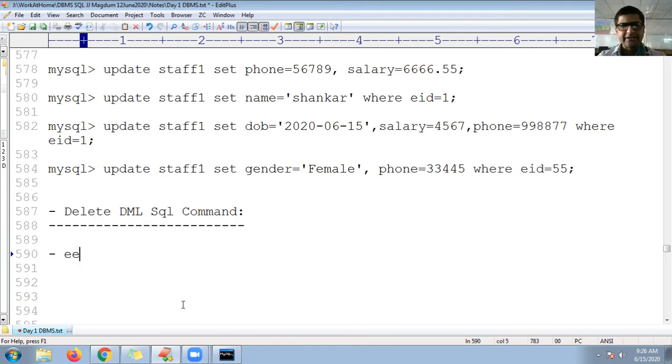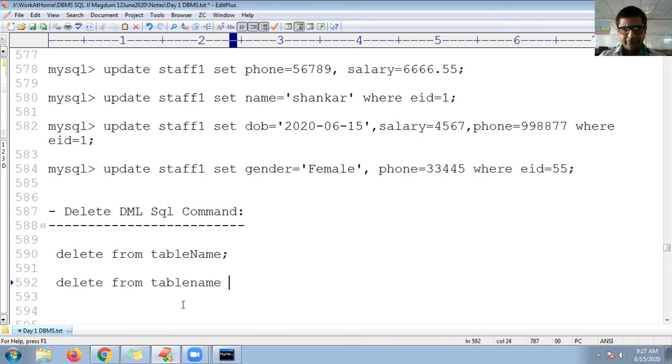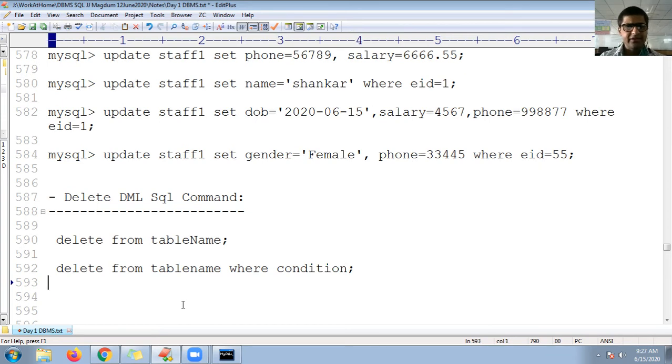So what is the syntax to work with delete? You can use delete, followed by the from keyword, then followed by the table name. This is for deleting all the rows, all the contents from the table. Okay, this is the syntax for deleting all the contents. Here also you can work with the delete where clause. If you want to delete specific records wherever the condition matches, you need to use a where clause. So delete from table name where, and your condition should be here. So it deletes wherever the condition matches.